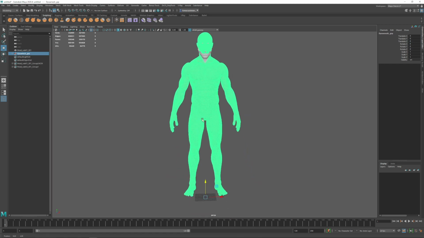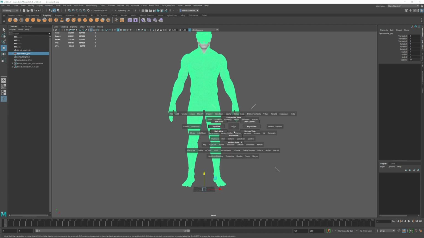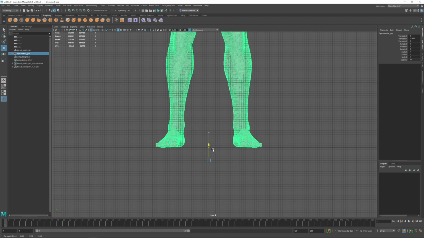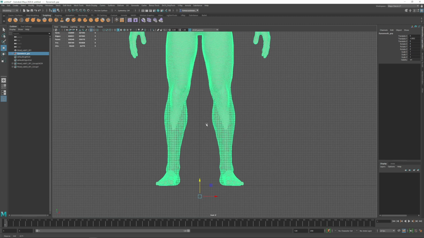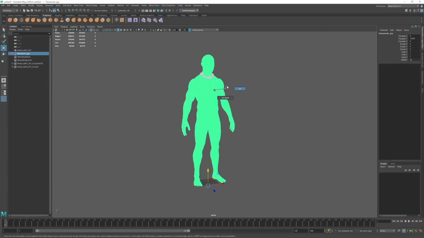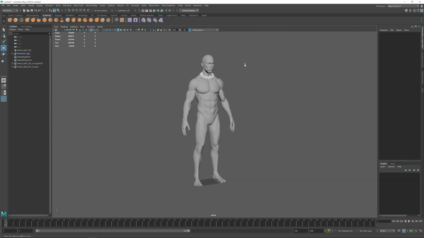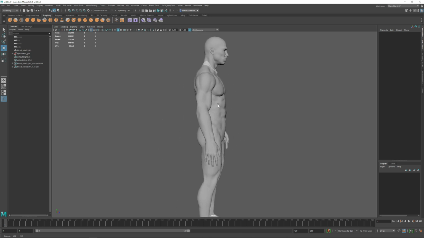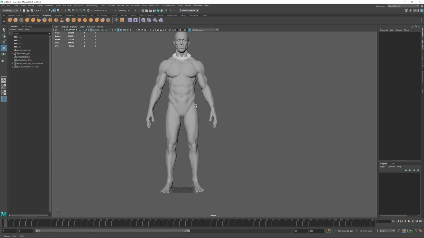And then here, what I will do is I will come to our front view and I will bring our character until more or less touching the floor. Again, it doesn't need to be exact, just to have it more or less in position. So now that we have this here in the right position, our character standing on the floor, we will check now